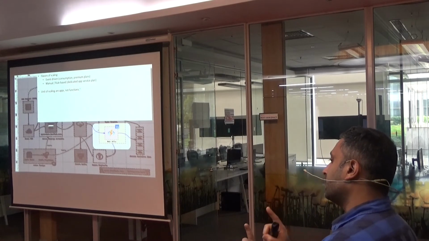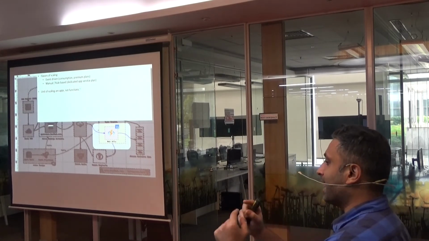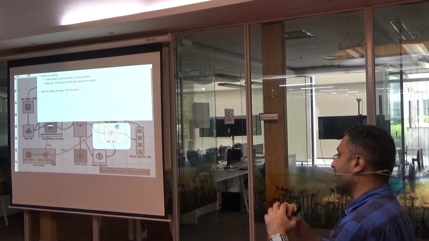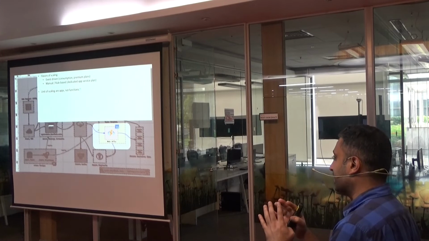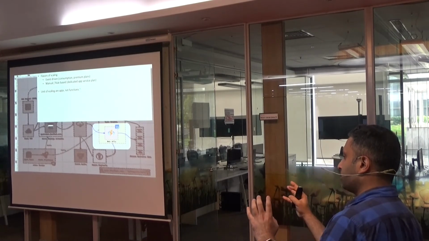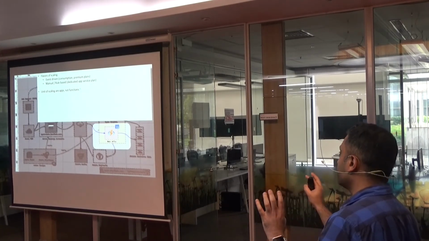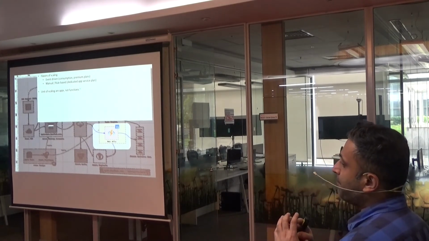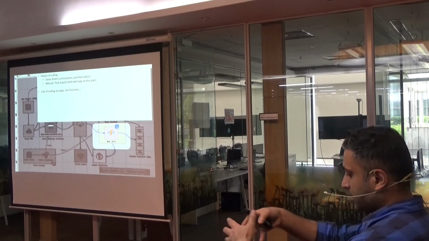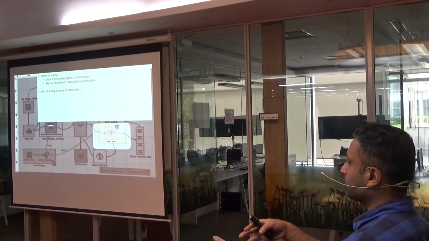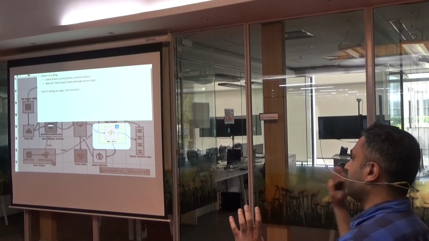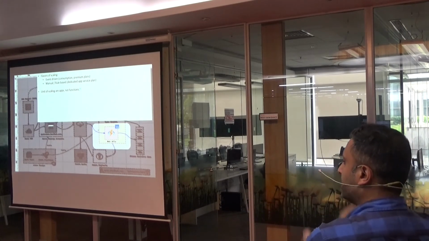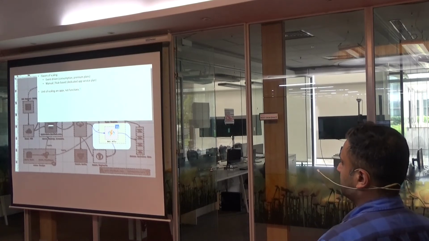And the unit of scaling is not the individual function; it's the app. So let's say you pack 20 functions together in an app, and when it scales, you get 20 plus 20. So you have 2 instances, now you have 40 functions. So you have to make sure that whatever you're packing together in an app can scale together. If you have 10 things that are calling into the database, and now you have 3 instances, now instead of 10, you have 30 functions all hitting the database. That's a bad way to scale it.